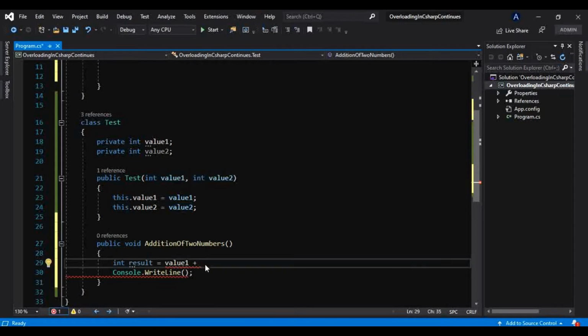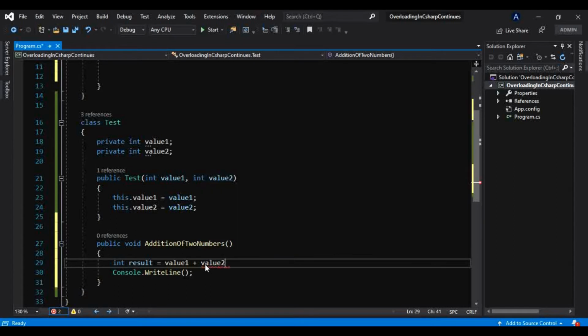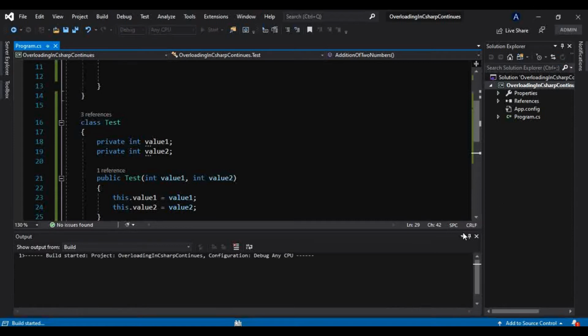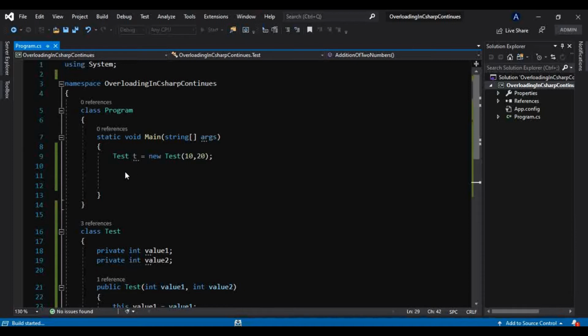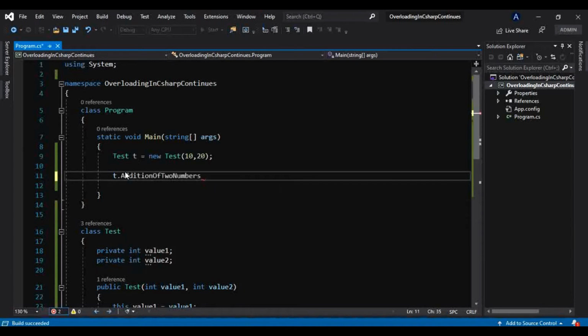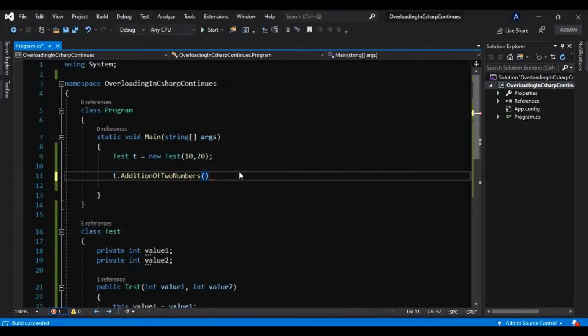We have learned everything in previous videos. I am repeating again and again: if you have not watched the previous videos of this tutorial series, please watch them first in order to understand this concept better. Now we have a method, addition of two numbers, and we will call that in our main method.